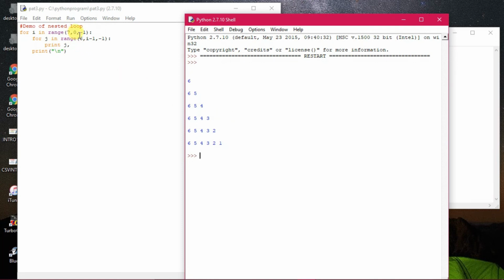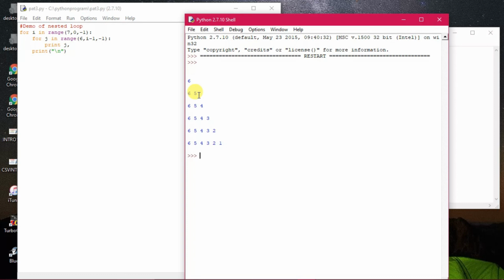So the value is coming out here. It starts with 6 and it's coming out here 7. 7 minus 1 is how much? 6. So it will be executing only one time. Then when it goes to the next execution, the i value will become 7 minus 1, 6, and it will come out here 6 minus 1 is 5. Then starting from 6 it will go up to 5. So in this way the particular loop is executing.